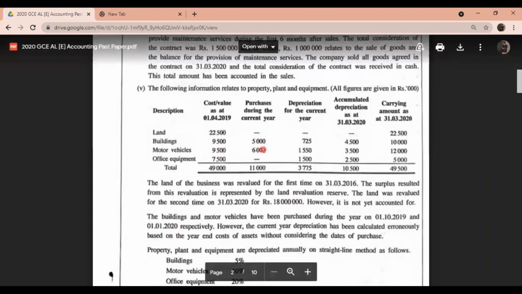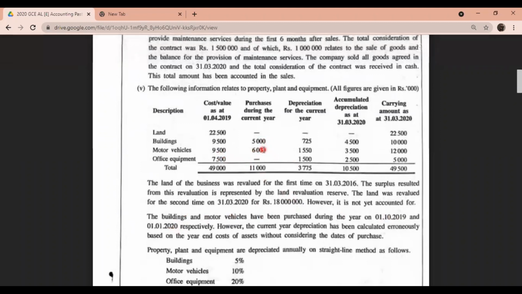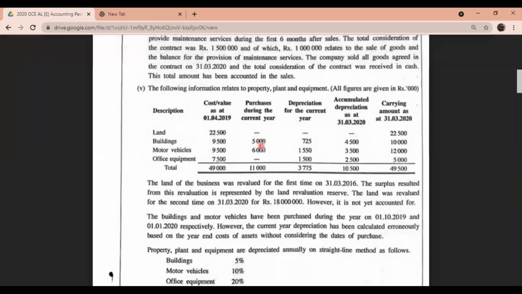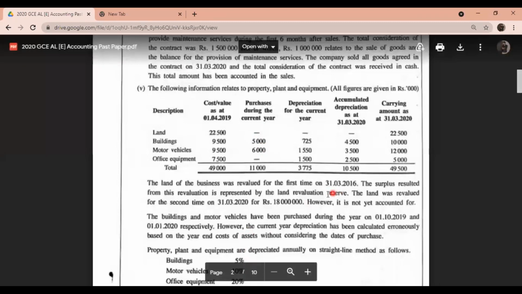So this 6,000 should be calculated only for 3 months. This knowledge should be there to calculate how much depreciation for this particular 9,500. This 9,500 will be calculated on 10%, but this 5,000 will be calculated on 5%, but only for 6 months